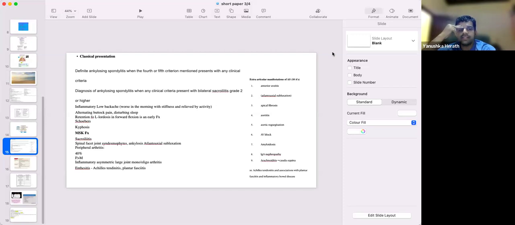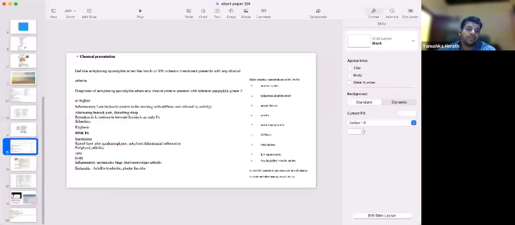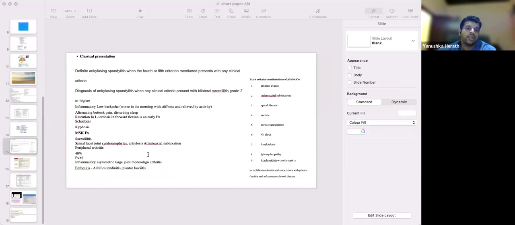And sacroiliitis තියෙනවා. Atlantoaxial subluxation, neck problems එන්න පුළුවන්. They can have peripheral arthritis and all that as well. So difficulty in bending, I just now said, because they have this bamboo spine and all that. අපි Sober's test කියලා බලන්නෙත් ඒක කොච්චර bend වෙන්න පුළුවන්ද කියලා. So it will be difficult in bending.